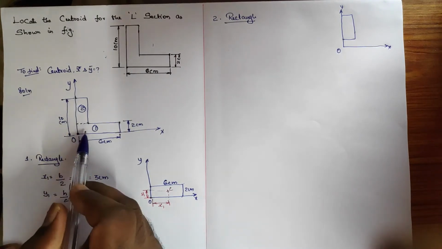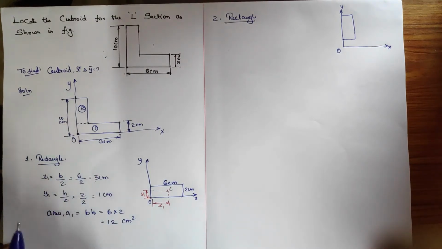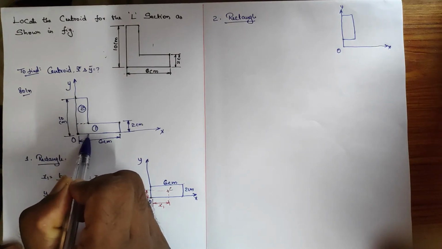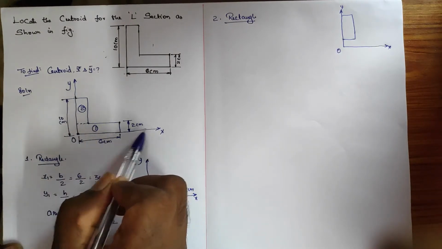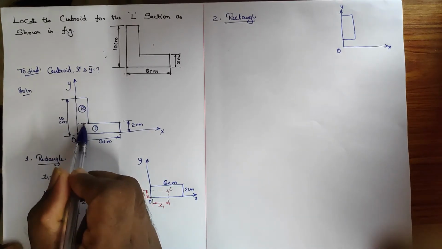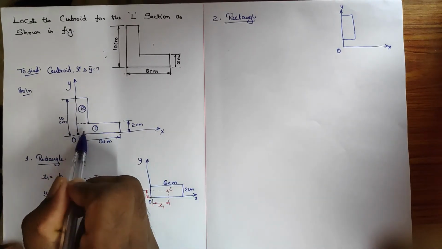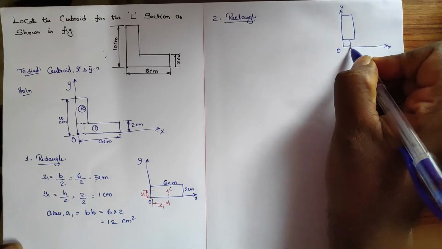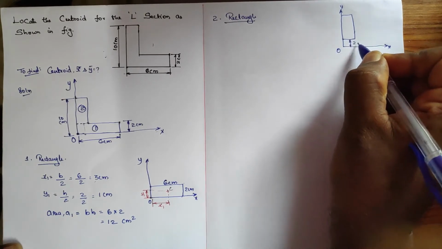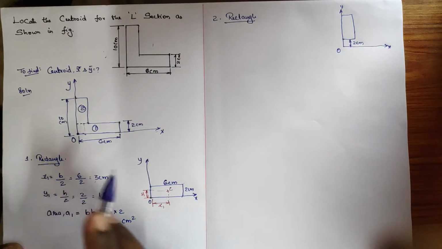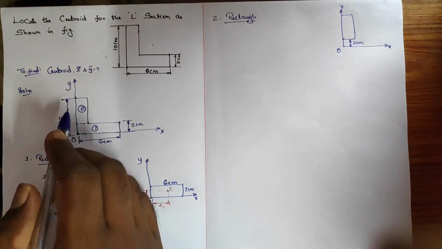And here it is very important, we need to take the measurement of how far ahead it is from the x axis. This component is how far from this x axis. So here this component 2 is ahead by 2 centimeter. So just note it down here, so it will be easier for calculation, 2 centimeter. Okay, and then what about this